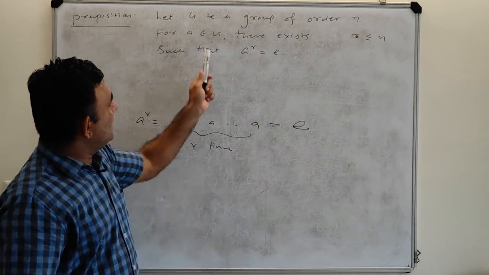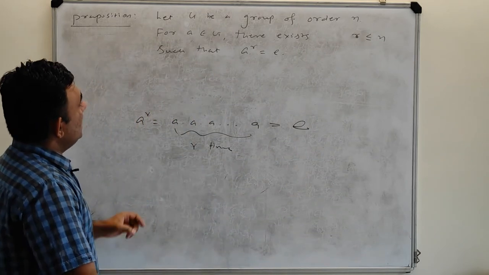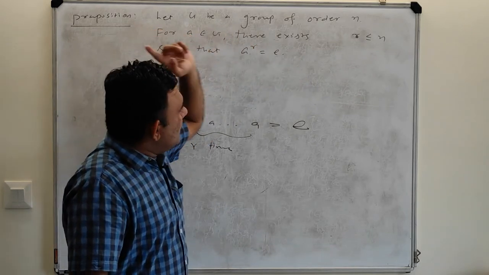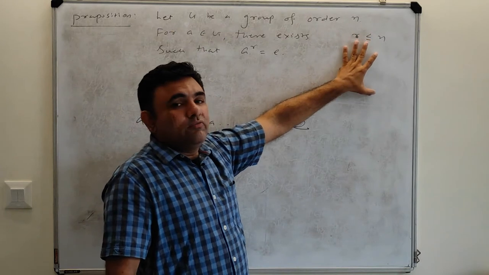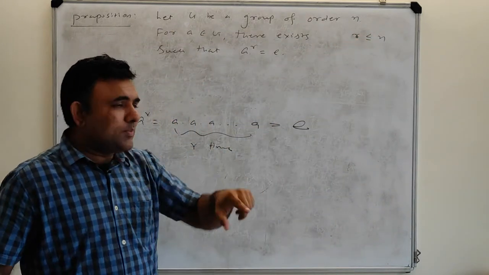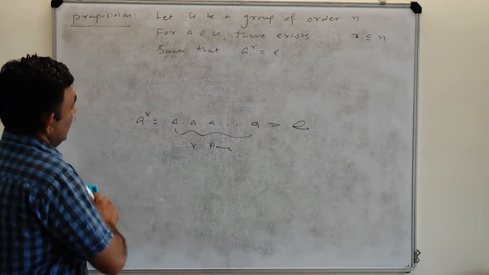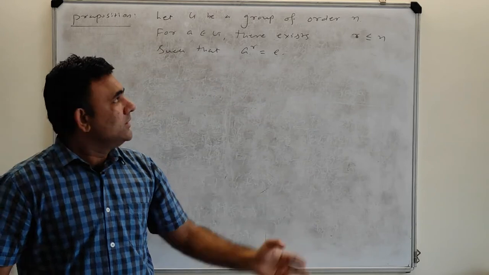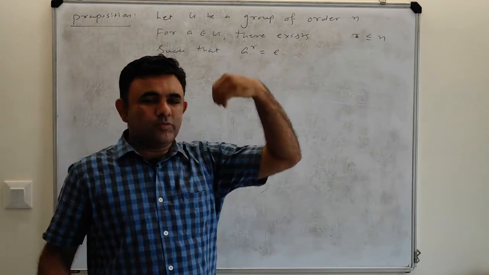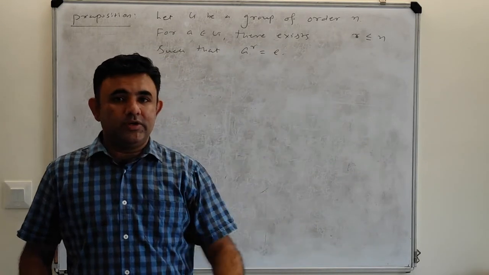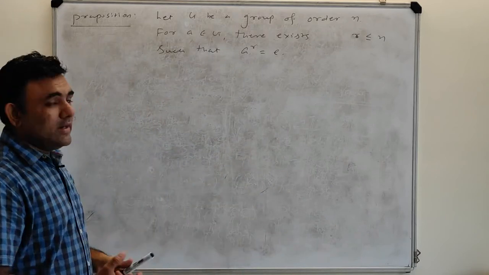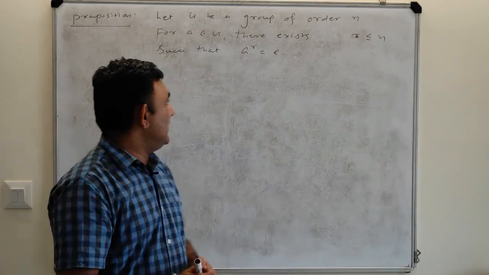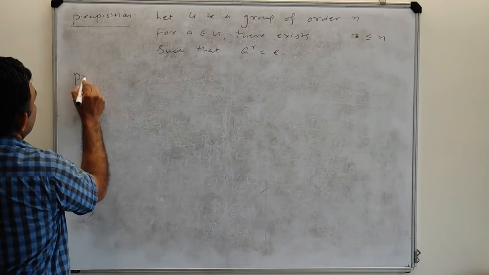So this theorem gives me the guarantee that if you have a finite group of order n, you take any element a, then you always find some r which is at most the order of the group, so that that power of the element is going to be the identity. And this is true for every element. Yes, if you consider some other element b, then this r may be different. For another element c, that r may be different or may be the same. So it depends on the element. But for every element, definitely you will get some r so that a to the power r is the identity. So let us quickly prove this.